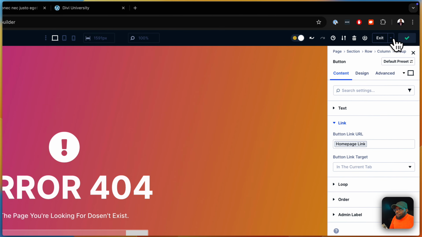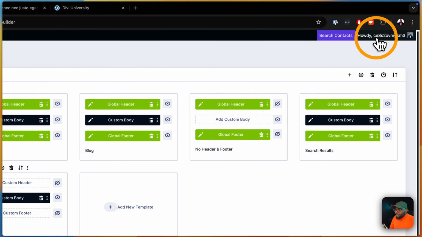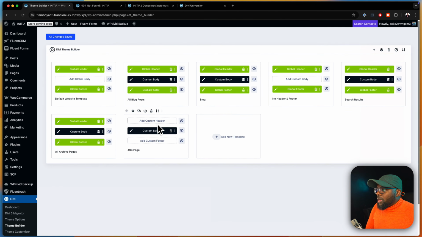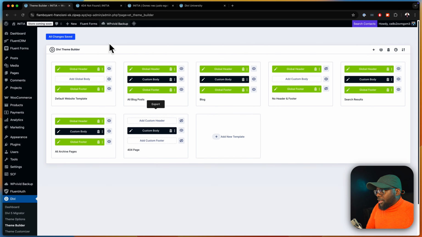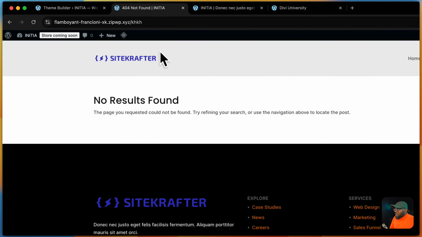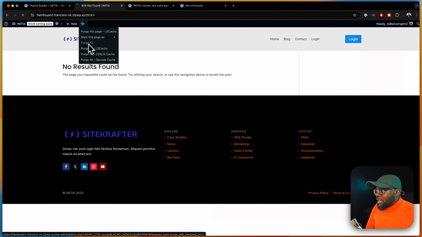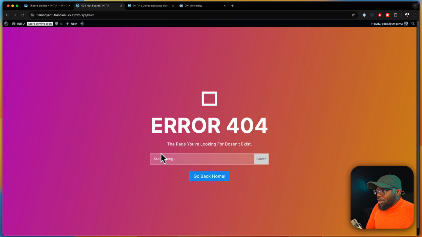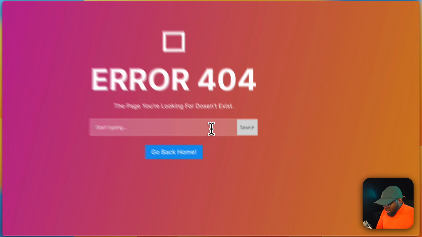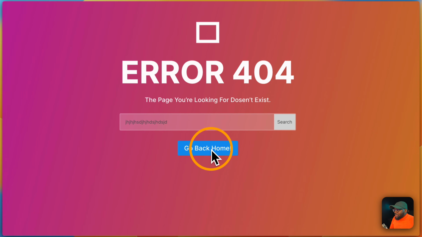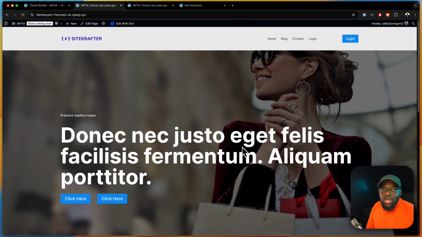Next, I'm going to hit save and exit. I'm going to save one more time. And now we have our template for our 404 page. So here's the thing, this is what it looked like. Let me just clear the cache. We should be able to refresh this and we should have our 404 page now. There we go. You know, we can start typing in here. That text could have been white, but of course now you know how to go in and change it. And if I click on go back home, this will now take me back to the home page dynamically,